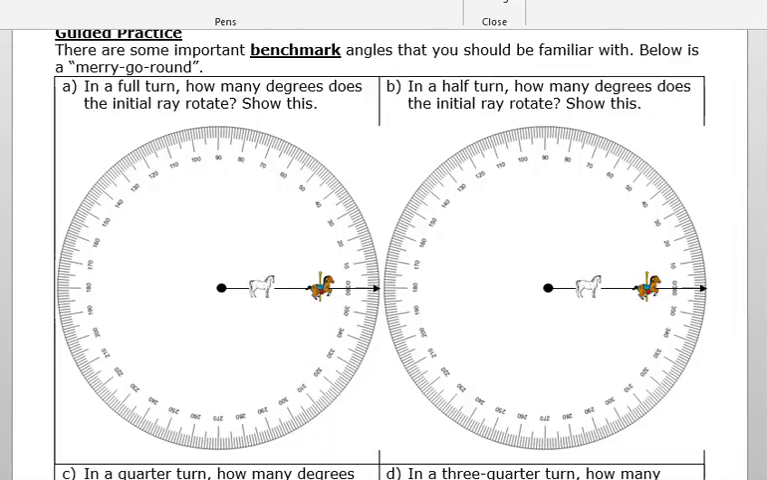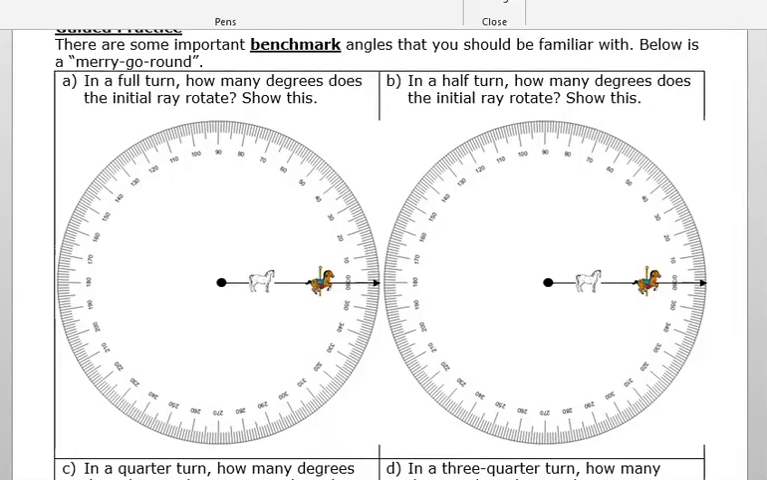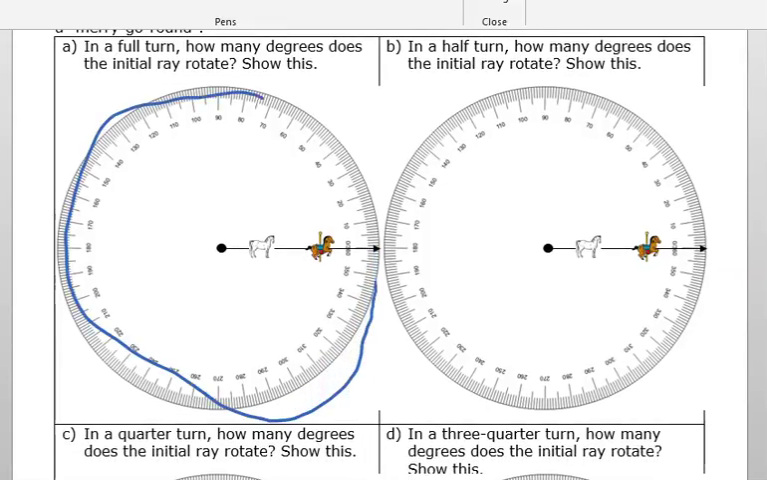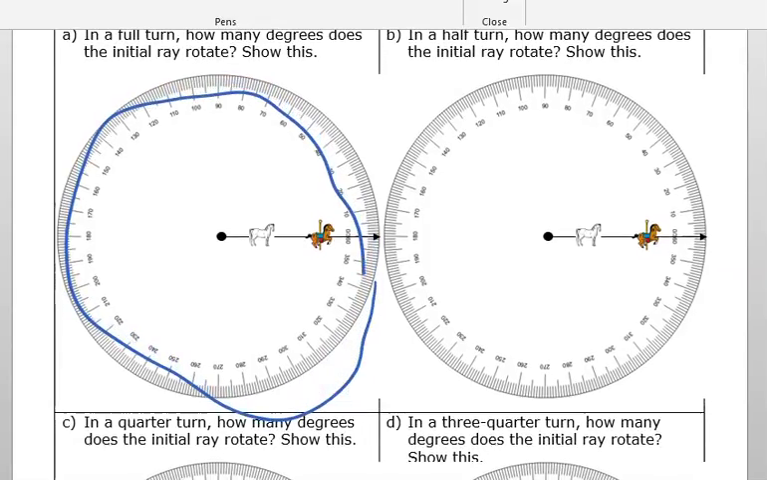There are some important benchmark angles that you should be familiar with. Below is a merry-go-round. We're going to talk about the angles that, whenever you see them, you should pretty much know what they are. So in a full turn, how many degrees does the initial ray rotate? If I were to go all the way around, and of course this is not super easy to draw the circle on, and make a full turn, this would be a